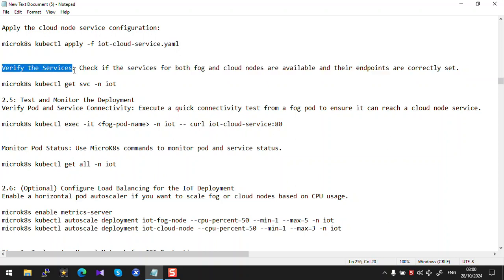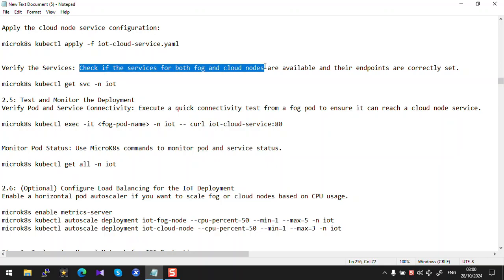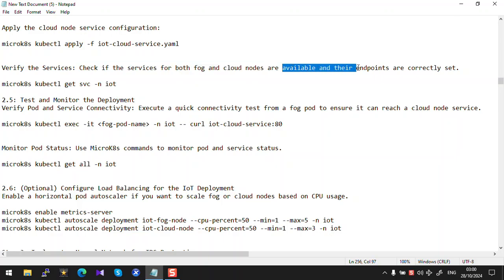Verifying the service: check if the services for both fog and cloud nodes are available and their endpoints are correctly set. With this command, get svc -n IoT, and